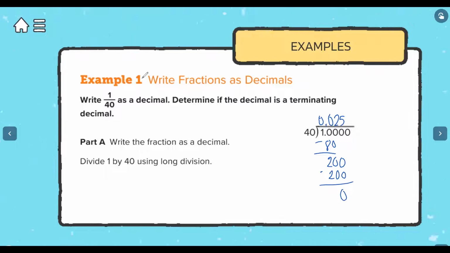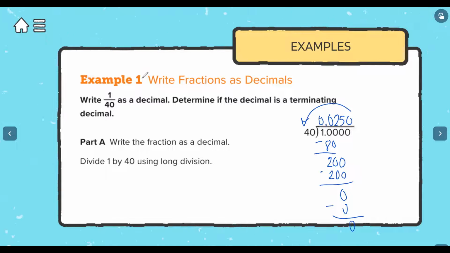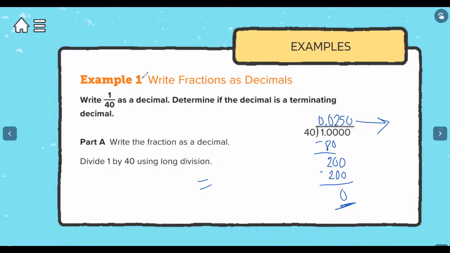So how many times can the 40 go into the 0? 0. 0 times 40 is 0. We subtract them and it's 0. And we can continue with the zeros forever and ever. But since it already ended in a 0, we don't need to put all the zeros over here. So my answer would be